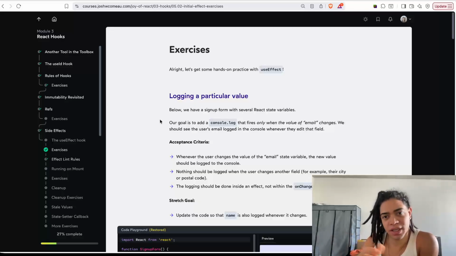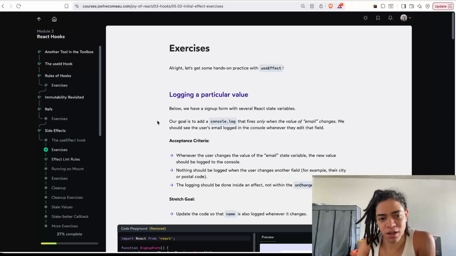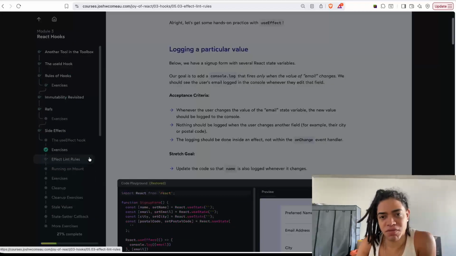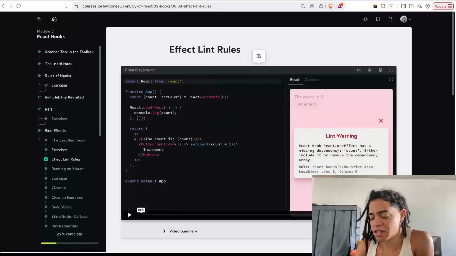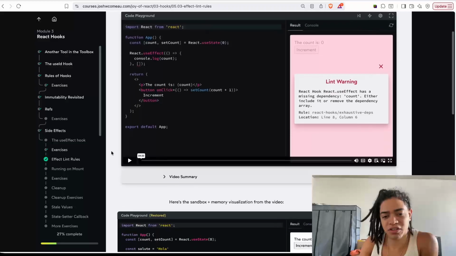To trigger, or for setting the theme in our application, I do want to store that locally. And then some of the linting rules on effects. Why is it important to follow them and to understand that? Because not only